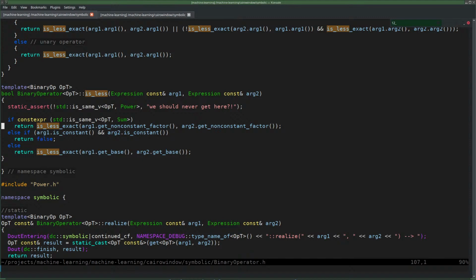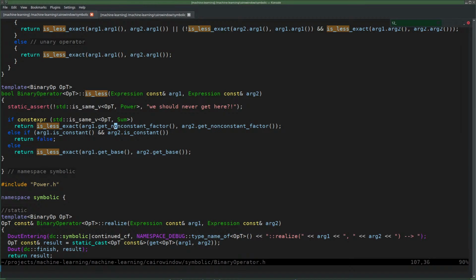Return is less exact. Get non-constant vector. Okay, now the non-constant vector